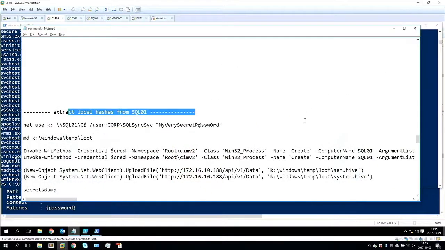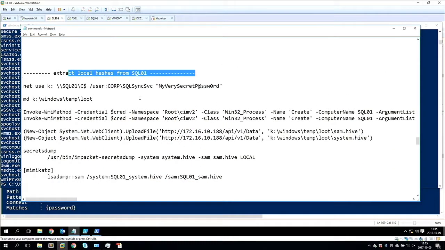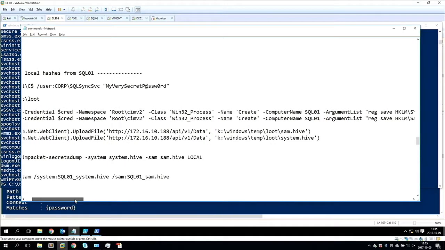So let's do that. I think I'm going to have to run through this quite quickly. What I'm going to do, I'm going to mount a share with my credential on the SQL server. I'm going to create a temporary folder called loot in C Windows temp. And I'm going to run a couple of remote commands